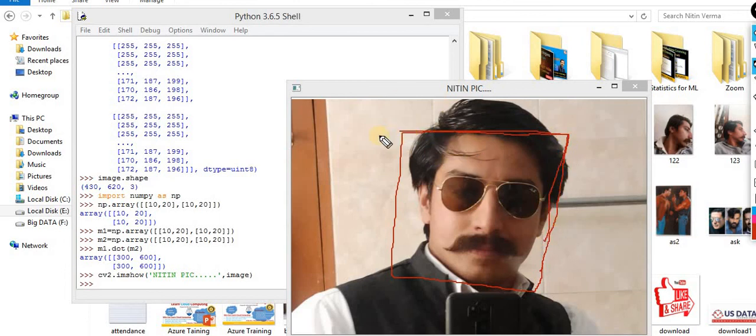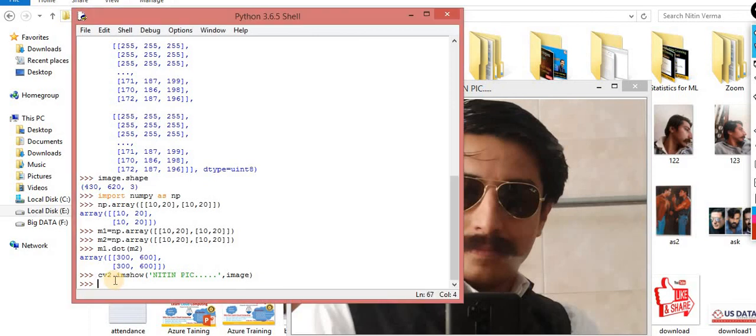Another example: we will find the face from the webcam, and when you come in front of the webcam, a rectangle is automatically generated where your face is. Whenever you move, the rectangle moves according to your face. So these two tasks we will do first. After that we will do face recognition, and at that time we will fetch the data from the files, your database as well. Observe this scenario and let's move to the next.